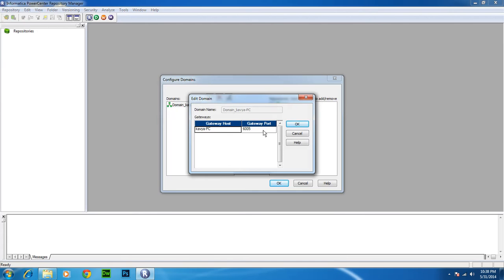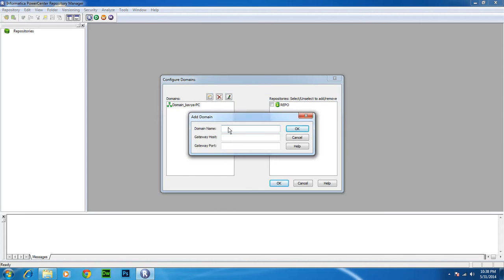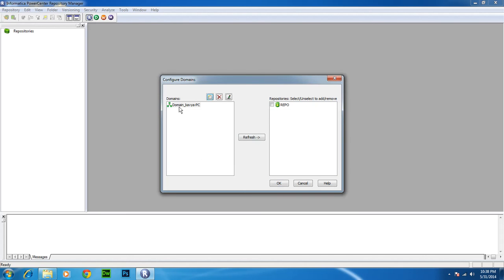See, you say add a domain, give the domain name and give the host name and give the port number. See, port number is 6005 by default, right? You can give that, or 6008 it should be, right? So give the name of the machine, give the domain name and give the port number, right? So if you give that information, see, the domain name is domain_kavya_kavya-pc for this